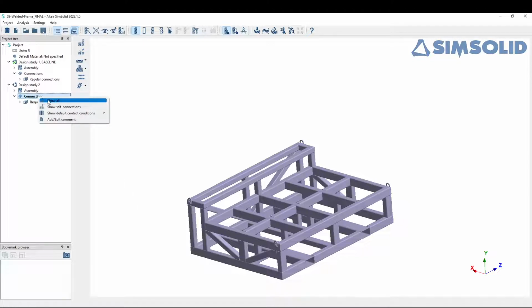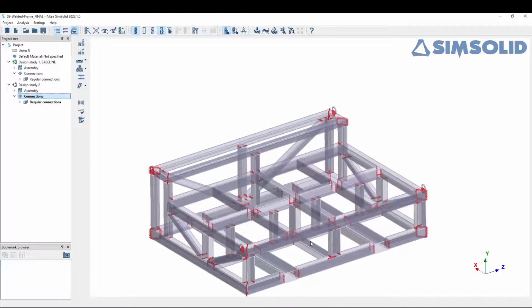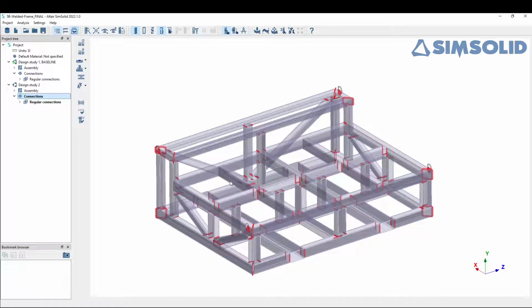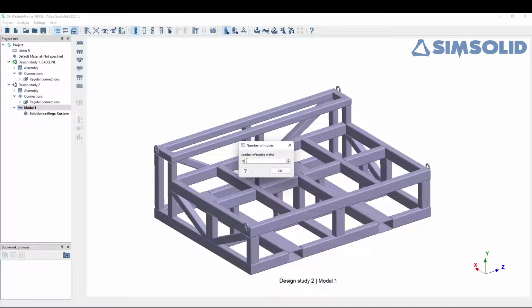I can check these contacts with show all and see the contact points. And what I can do now, I can go to different analysis and to modal and check modal analysis. And for example, I can inspect 15 modes. And I'm really not that interested in the accuracy or the natural frequencies of these different modes. I'm only interested in are these parts connected or not. So now when I run this analysis, it's really fast. And when I go to results,